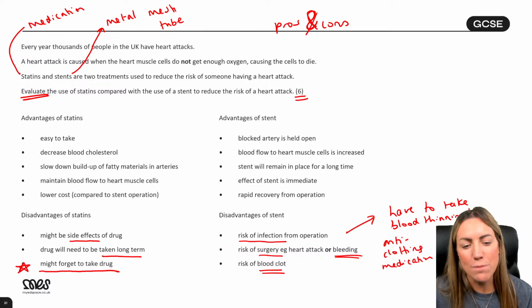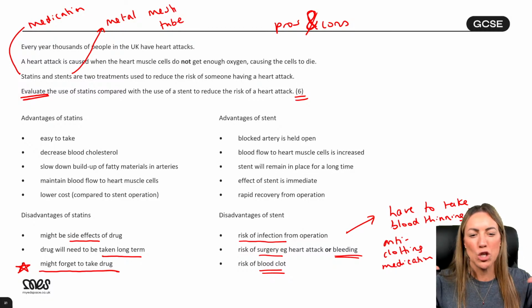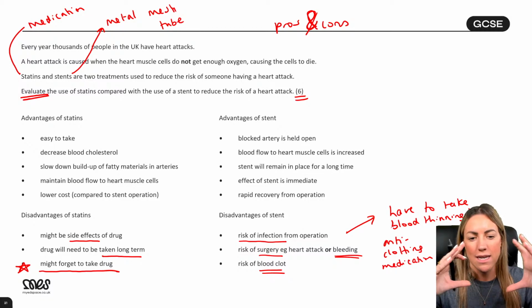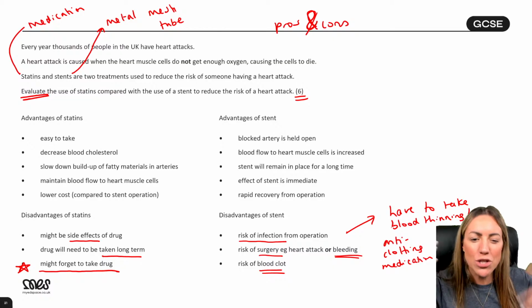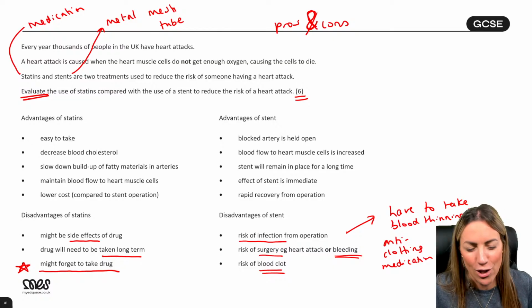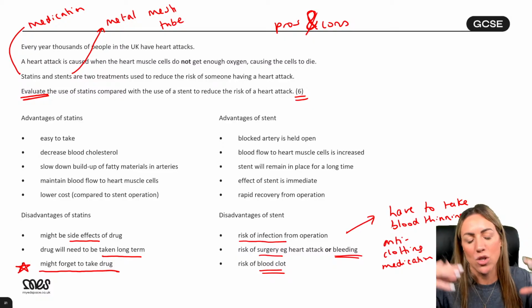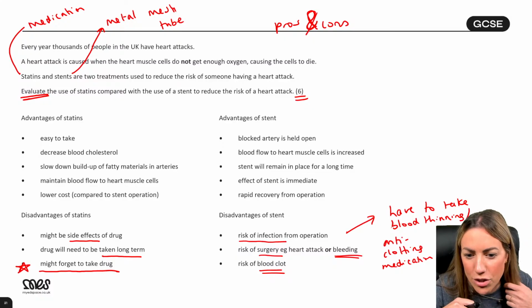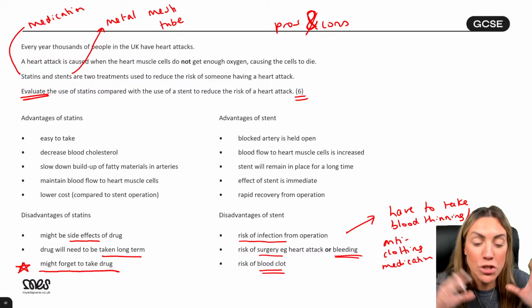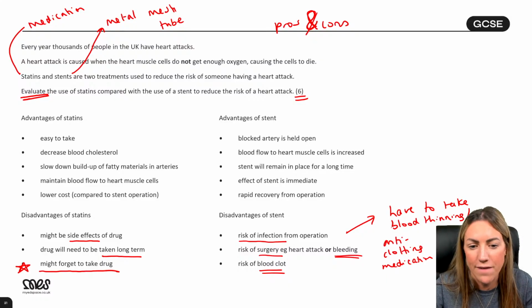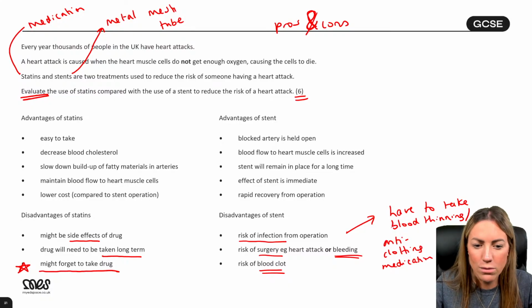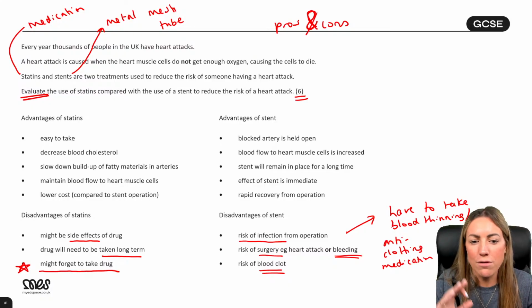I mean, it kind of does, Bianca, because the stent pushes the fatty deposits against the walls. I suppose you could still get more fatty deposits building up, you're right, but the stent, the metal mesh tube, pushes the fatty deposits to the side and helps to widen the artery so more blood can flow through. You don't have to include a conclusion for AQA unless it specifically tells you to, but they don't often do that anymore. That was more old spec. You just do your pros and your cons.